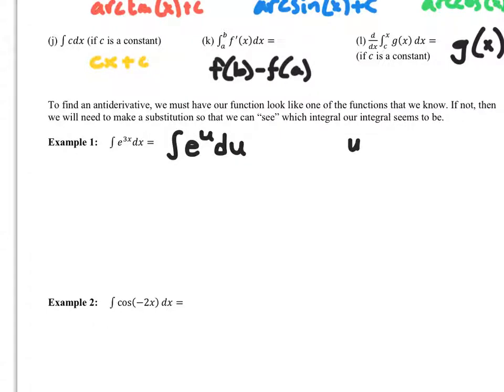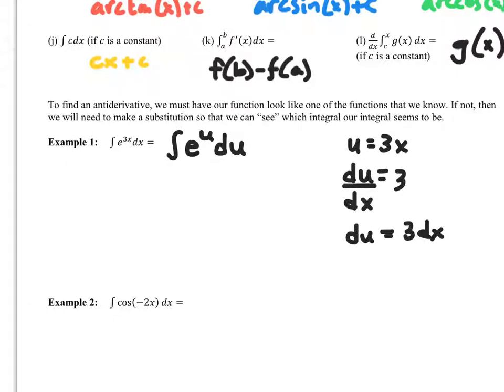So what I'm going to do is I'm going to set u equal to 3x, and then I want to find du dx. And I'm going to find du dx, which would be 3, and therefore du would equal 3 dx. Okay? But notice I want to replace dx, so I want dx alone. So I would know that 1/3 du equals dx. Okay, so I've replaced e to the 3x with e to the u. I've replaced dx with 1/3